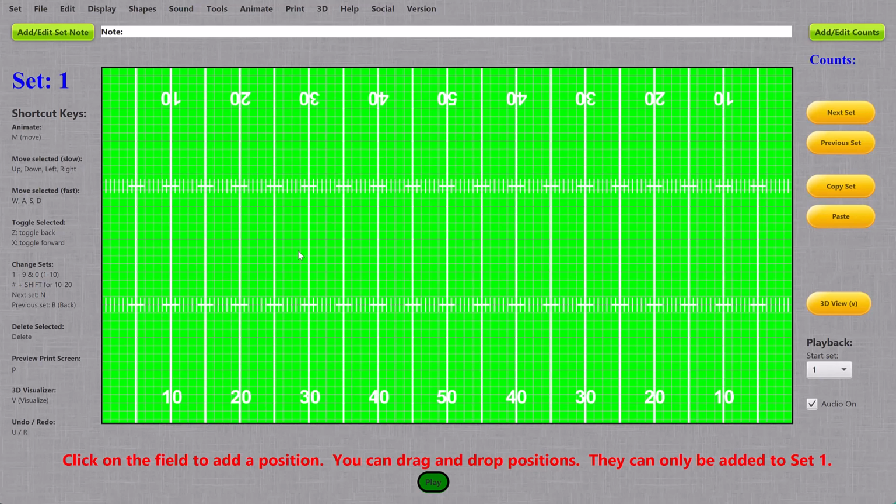Welcome to the QuickCharts Getting Started video. In this video, we're going to go through all the features of QuickCharts so that you can get to writing drill quickly. First of all, when you open the software, you'll see that there is a label on the bottom